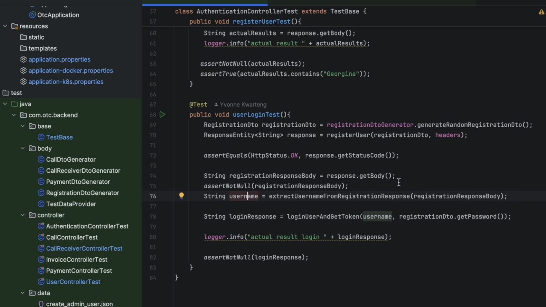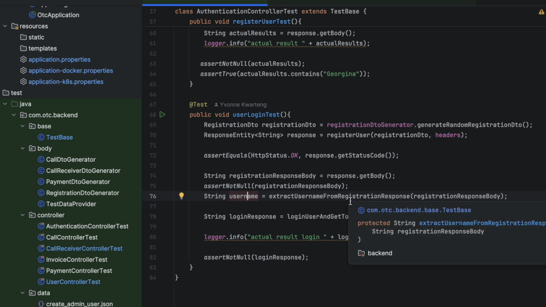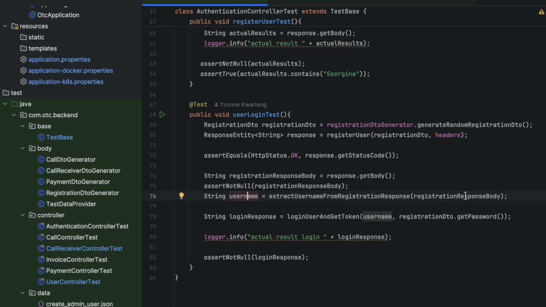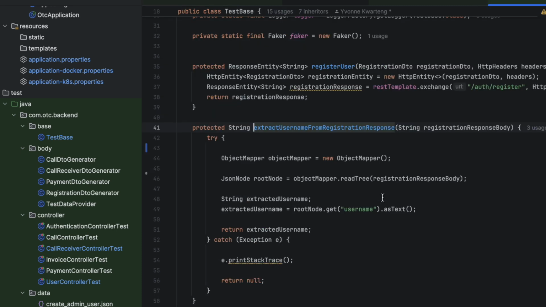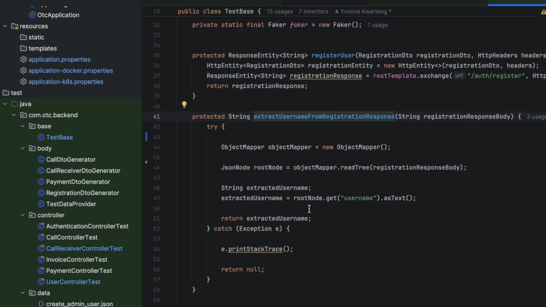The response body will have a whole body, right? We are restoring it as a string and passing it on to this method to extract the username. Now let's take a look at this method. This method is also in the base class, and what it is doing is